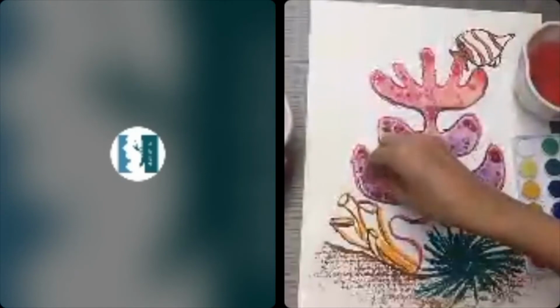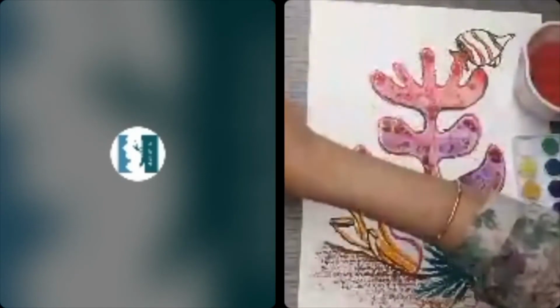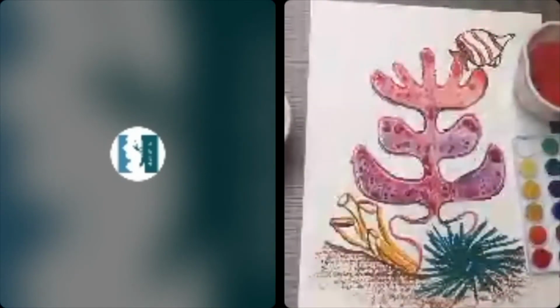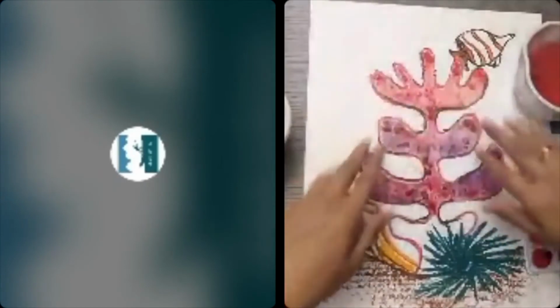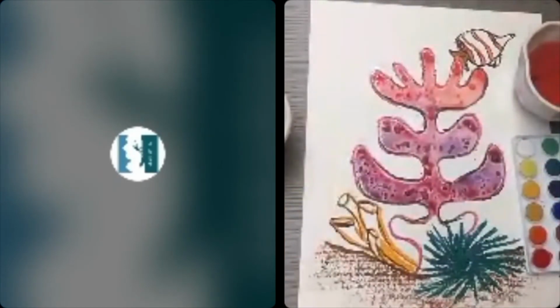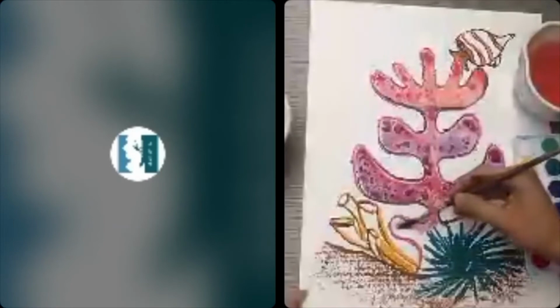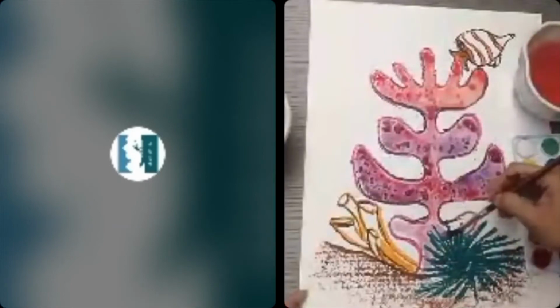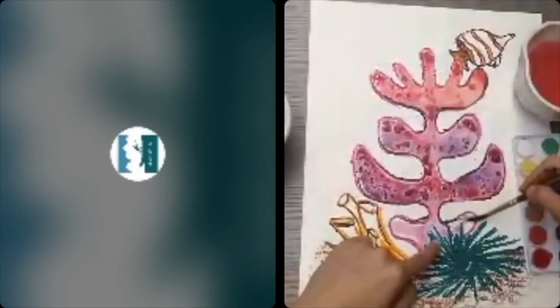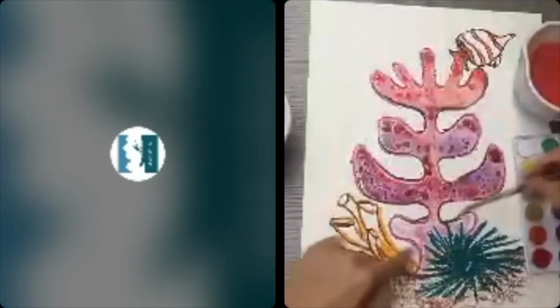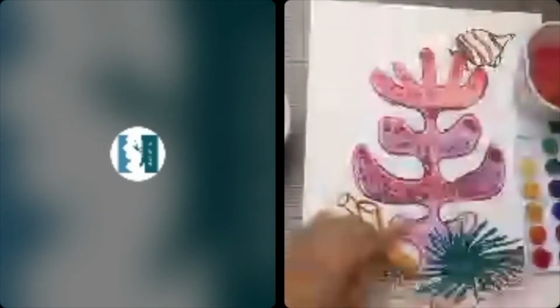I don't think we'd find very many smooth coral around. So this is going to create that effect that real coral have. Do you see how the oil pastel is resisting the water here? Yeah, the lines of the sea urchin.